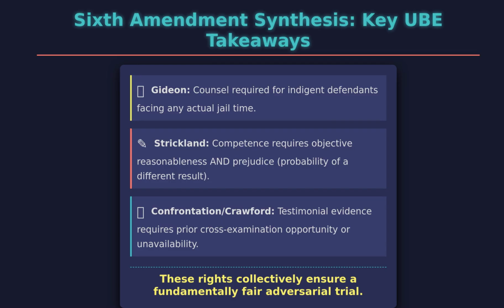For your uniform bar examination preparation, remember these three critical pillars. First, Gideon v. Wainwright mandates that the state must provide counsel to any indigent defendant facing actual imprisonment, even for certain misdemeanors. Second, Strickland v. Washington established the standard for competence. Counsel must perform reasonably, and any deficiency must have prejudiced the outcome. Third, regarding evidence reliability, the Confrontation Clause, interpreted through Crawford, strictly limits the admission of testimonial statements unless the declarant is available for